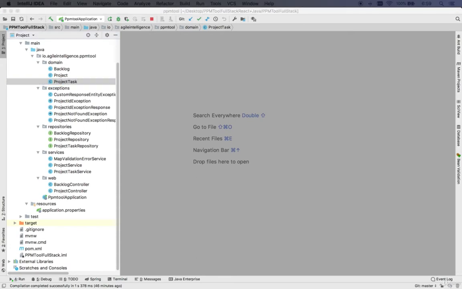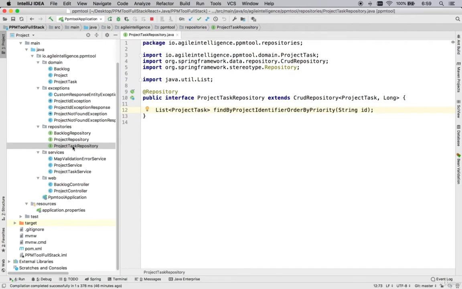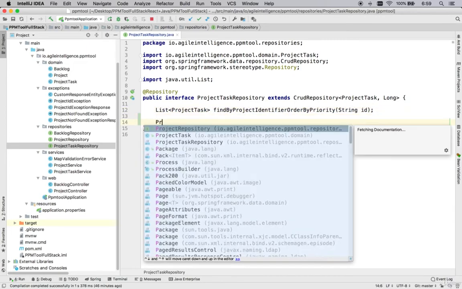So with that in mind, we're just going to do the happy path in this video, and then we're going to handle all the edge cases. But right now, let's just focus on the happy path. First, we're going to go to the project task repository, and we're going to enable our repositories to be able to find a project task